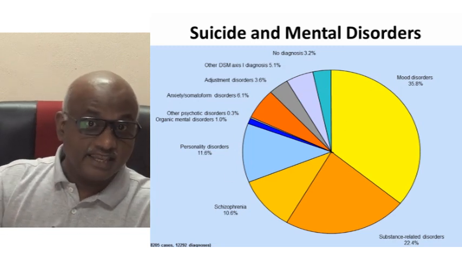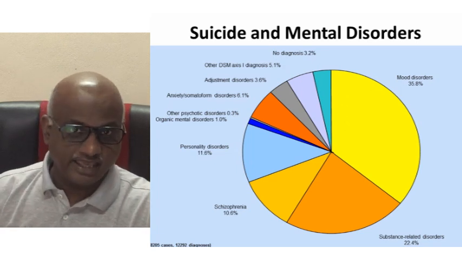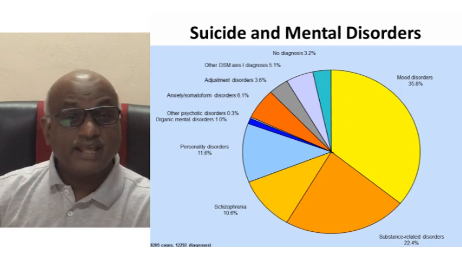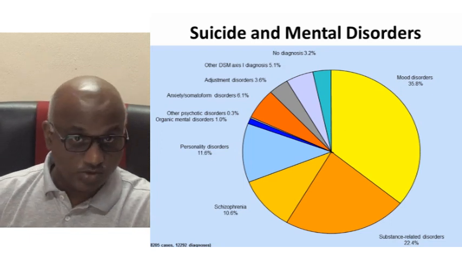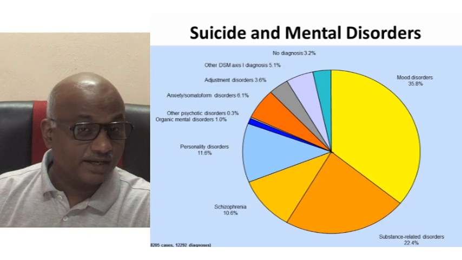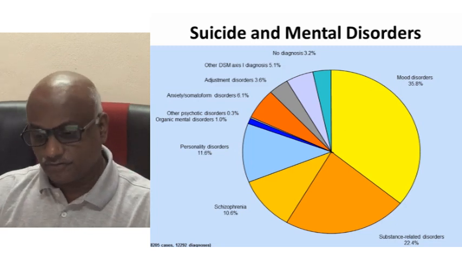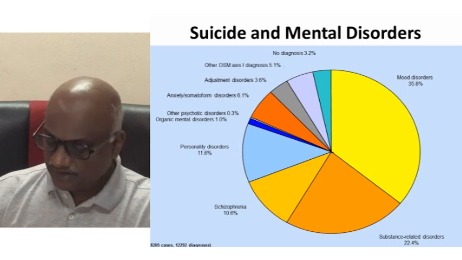So as you can see here, if we have a good accessible mental health care and people can access services without facing too much stigma, and there is good understanding and knowledge among the public about mental illnesses, we can actually reduce the suicide rate by half. So that is something that we try to do.